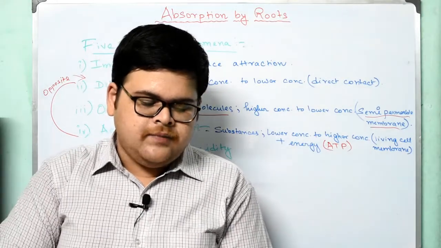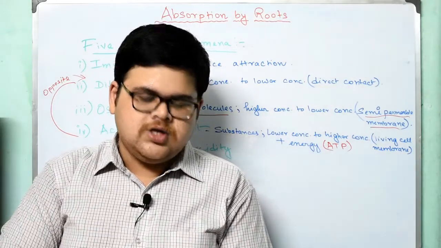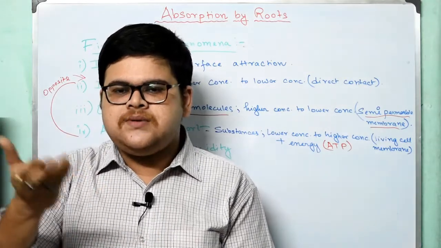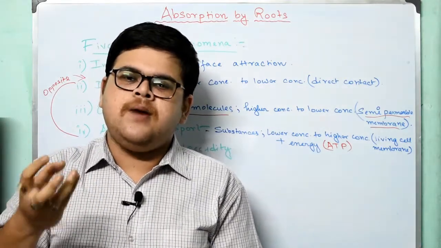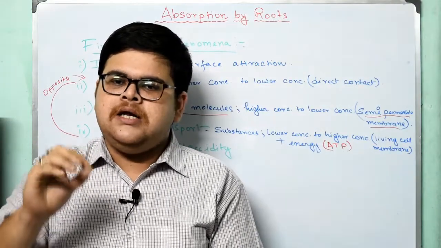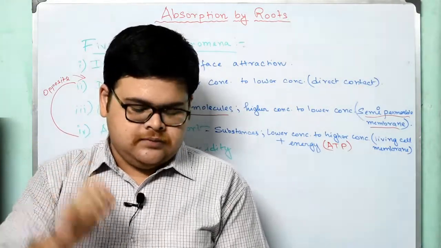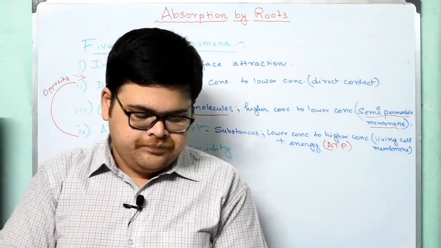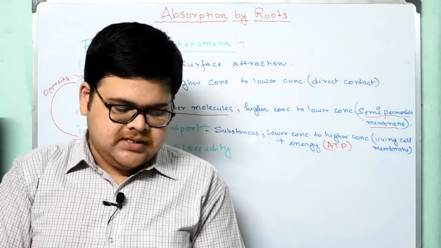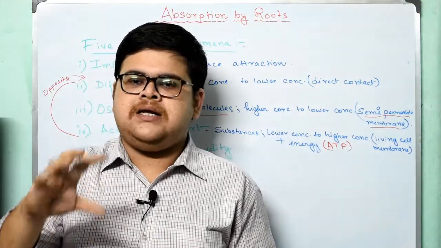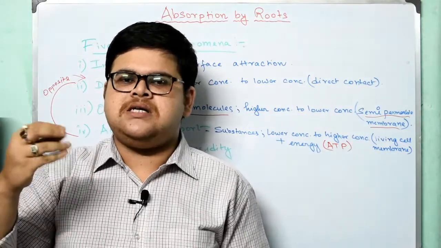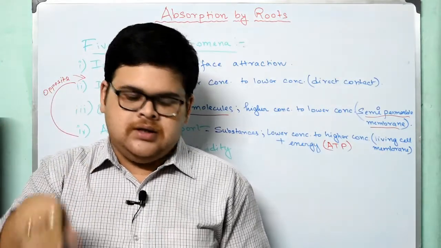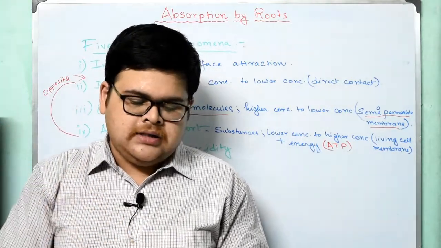Number 4, turgor in the opening and closing of the stomata. Now we all know that just below the green leaves there are stomatal pores. These stomatal pores get opened or closed due to this turgor pressure. And turgor movement is the rapid drooping of the leaves of sensitive plants. We all know there are some touch-me-not plants or sensitive plants which, when we touch them, get dropped down. This is due to turgor pressure.